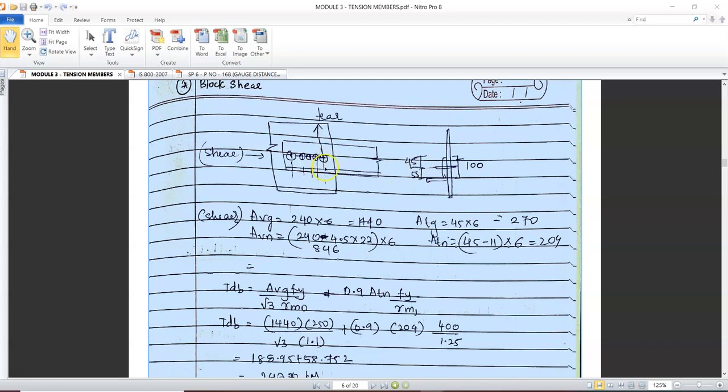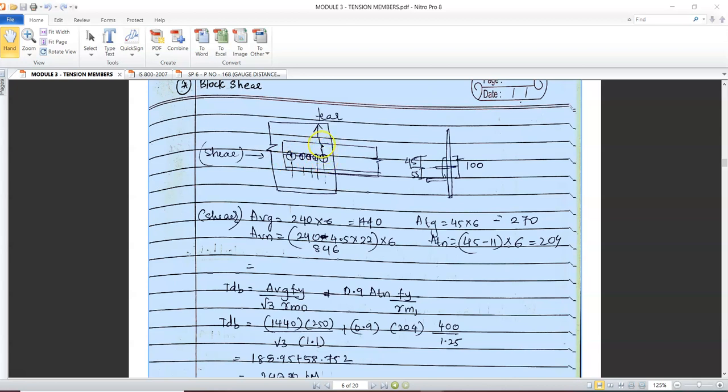From center of bolt to the heel of the angle is 60. From center of the bolt to the toe of the angle is 40. This has to be corrected as per SP6. It is taken incorrectly. This is 60 and this is 40. Now, as per that, your angle will be area under tension from center of the bolt to this line. So whatever this line is the block shear pattern and this line is the tension area.